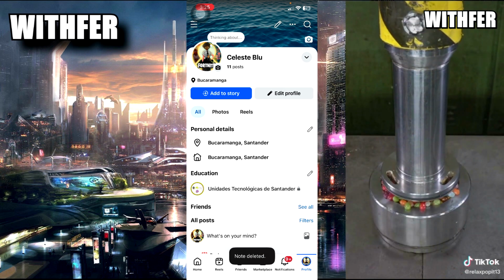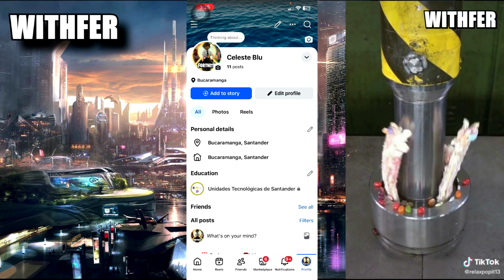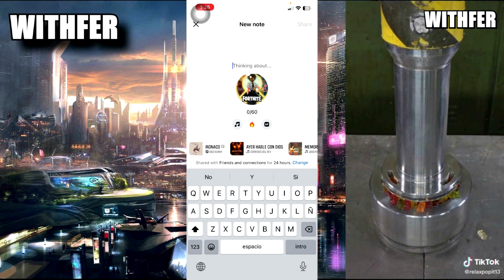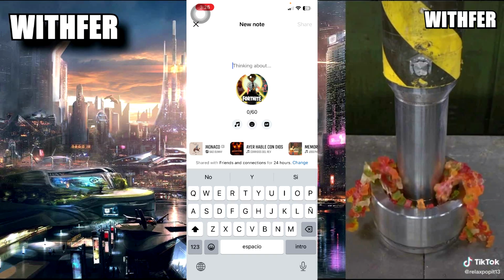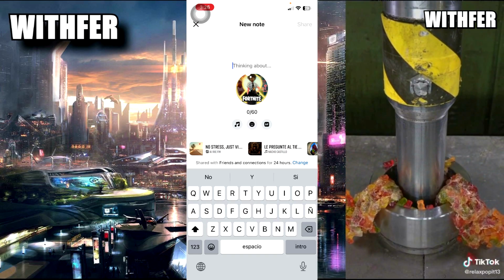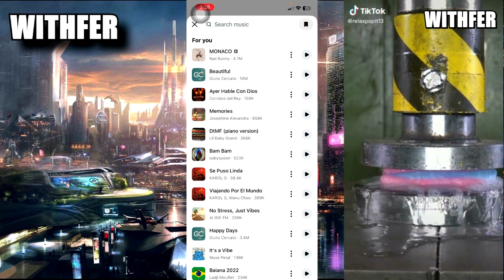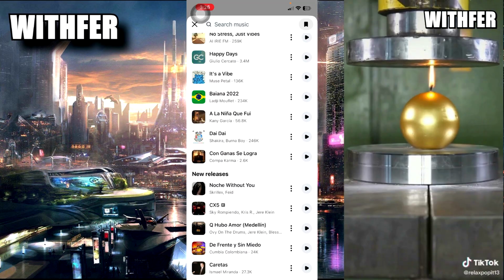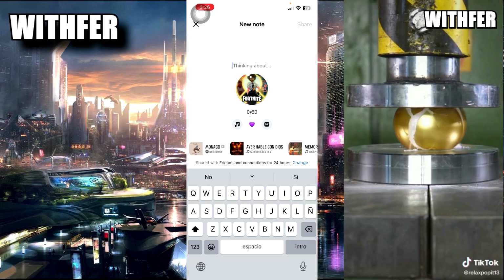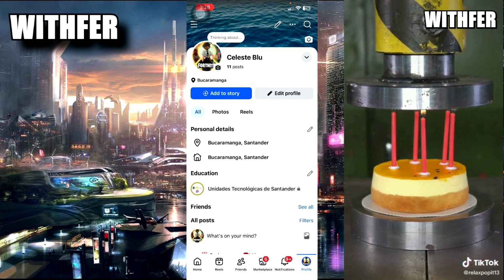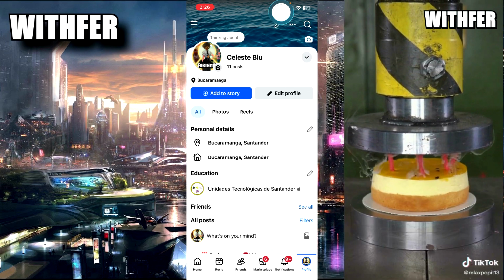If you want to add music here, tap here, think about it, and you can select music or emoji or GIF. Okay, you can select this. Okay, you can try to find new music here. Okay, it's so easy and really fast. And if you cannot watch this in your profile, you need to update your app. Remember, that is so important.